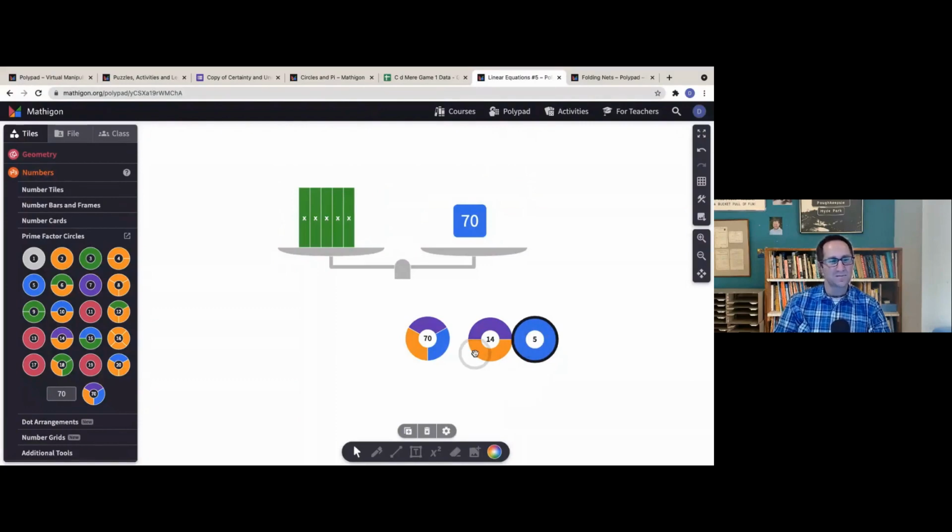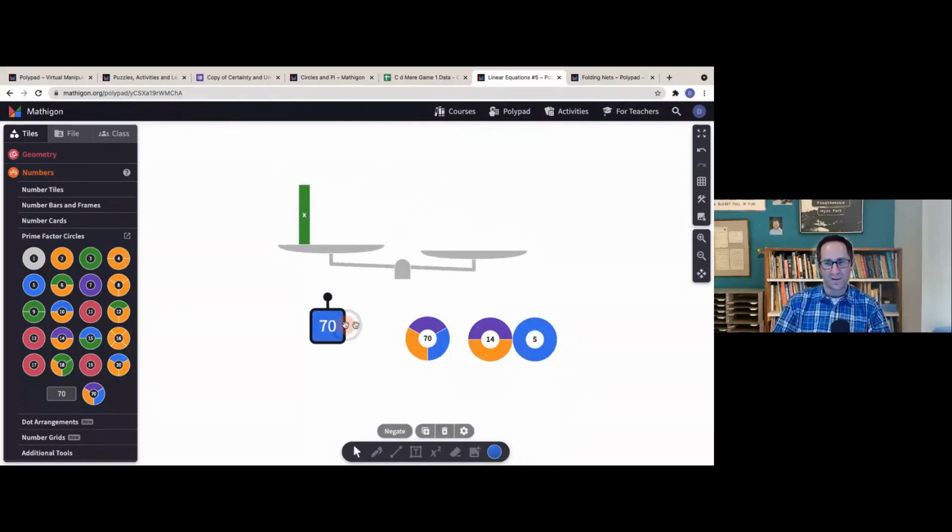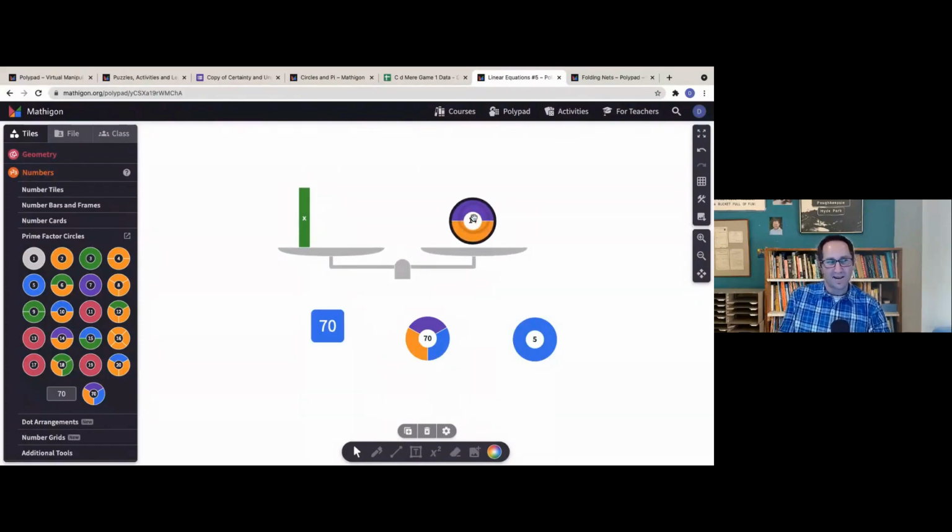So this for some students is almost quicker than going to grab a calculator and divide by 5. They just put the 70 on the canvas and pull out a 5 and say, oh, if I divide that by 5, that is 14. There it is. We balanced the scale. I could spend a whole webinar just talking about factors and multiples with these prime factor circles, building the Venn diagrams and GCF and LCM, just with the ability to pull those apart.